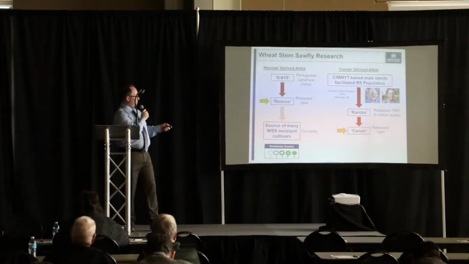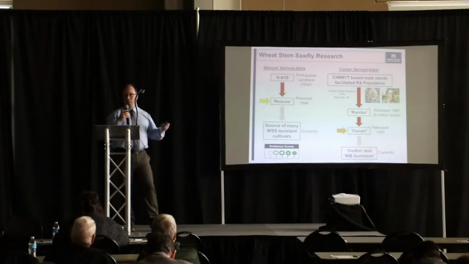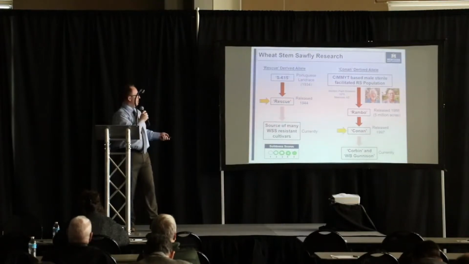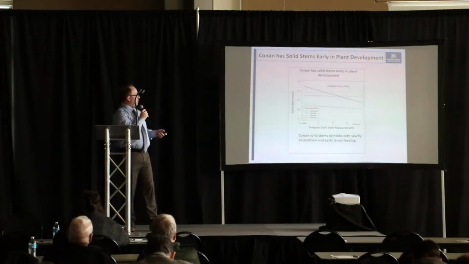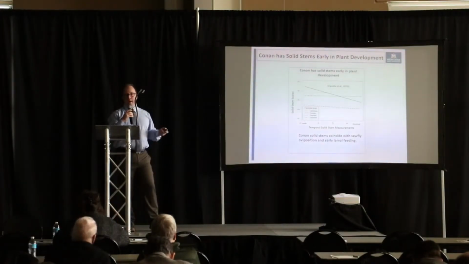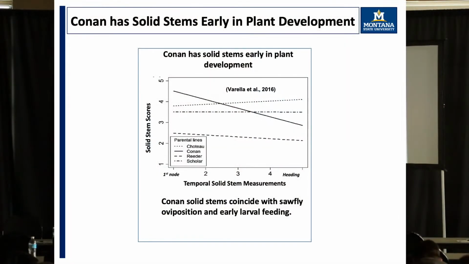And then from Rambo, there have been additional lines released. One of them was called Conan, which was released in 97. And then 2 more, Corbin and WB Gunnison. And Gunnison's the one I just talked about previously that had that really low solid stem score, but pretty good resistance. And so it was definitely a conundrum why these varieties are resistant to sawfly,